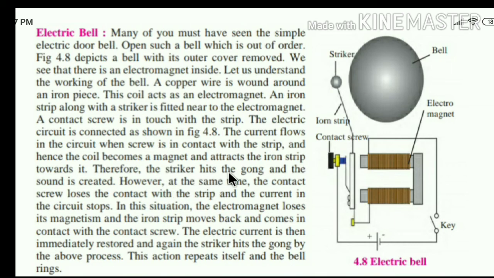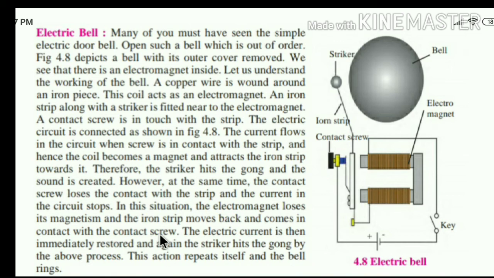So the striker hits the gong and the sound is created. However, at the same time, the contact screw loses contact with the strip and the current in the circuit stops. In this situation, the electromagnet loses its magnetism and the iron strip moves back and comes in contact with the contact